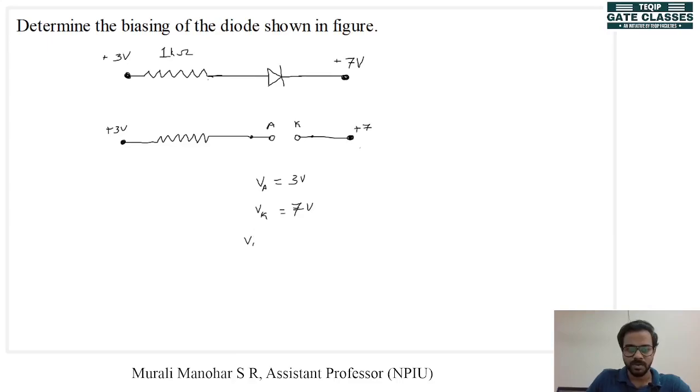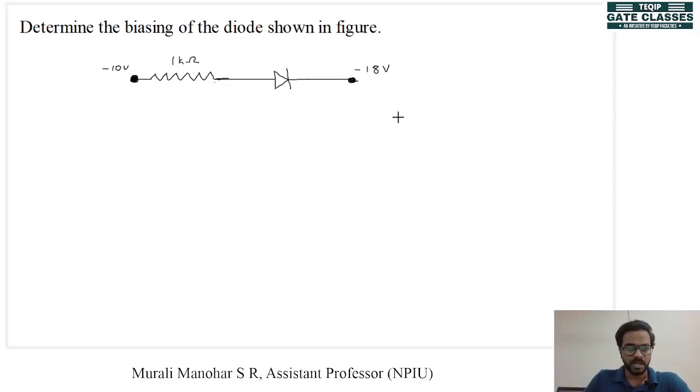Right. So what will be VAK, the anode to cathode voltage? That will be VA minus VK, which is equal to 3 minus 7, that is minus 4 volt. What can we infer from this? Our VAK is less than 0, so the diode must be reverse biased. That means our assumption was right and the diode is reverse biased. Now for the next problem,